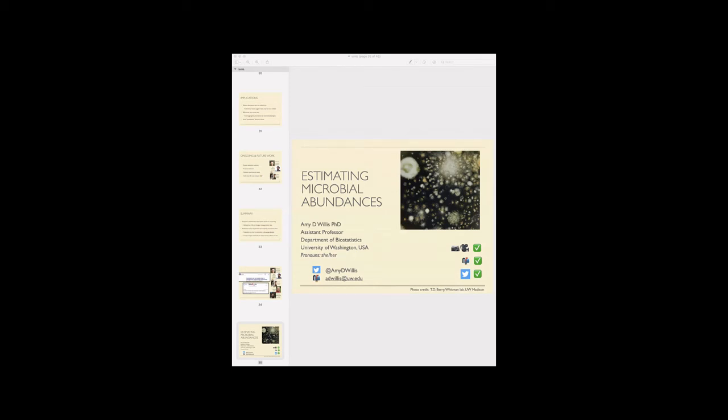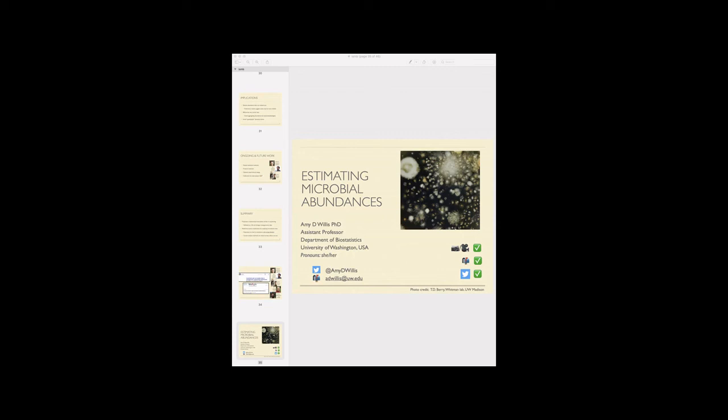So my personal view on where we should be going with this is not trying to estimate these ratios. Unidentified microbes, unculturable microbes, changes in the sequencing process, all are going to make this unscalable. And so rather than calculating these ratios, I think what we should be looking towards are analyses that are more robust to the presence of these efficiencies, rather than actually trying to estimate the efficiencies themselves.